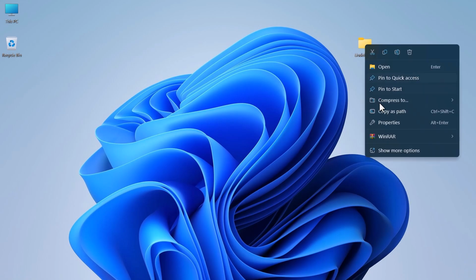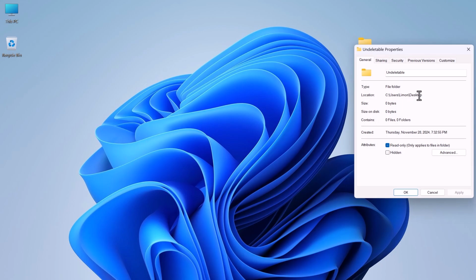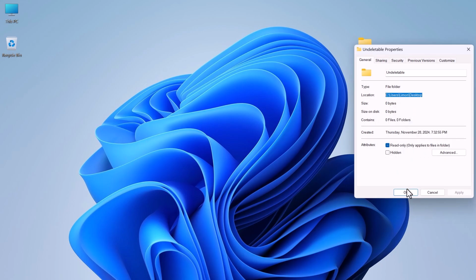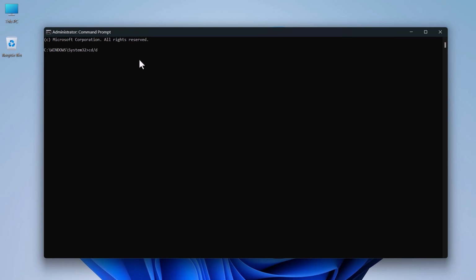Right-click on the file or folder and select Properties. Copy the file or folder's location from the Properties window. Return to the Command Prompt window. Enter a space and paste the copied address. Press Enter. Next, type the following command,